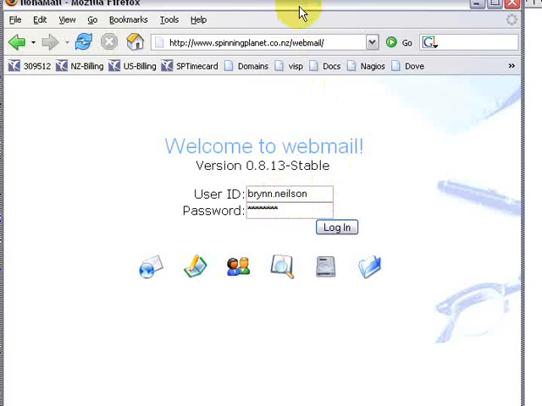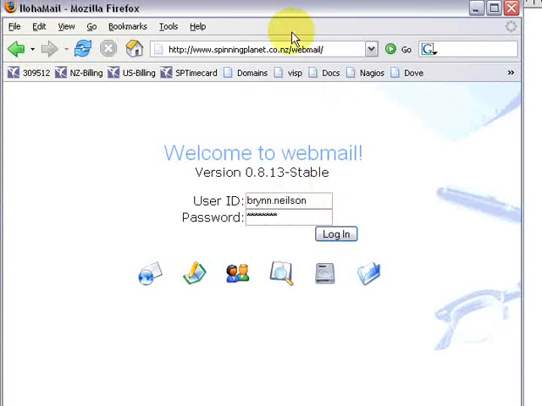In this video tutorial, I'm going to show you Webmail. Now, Webmail is like Hotmail. It allows you to check your email from any internet-capable computer, which is really handy when you're away from the